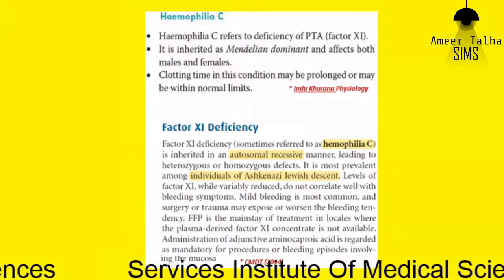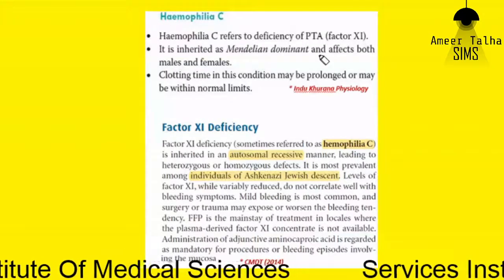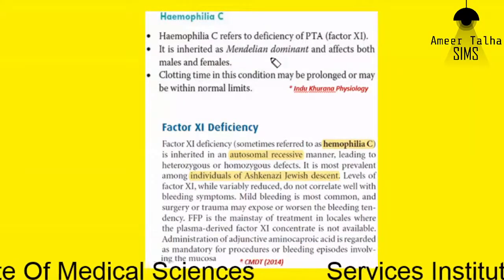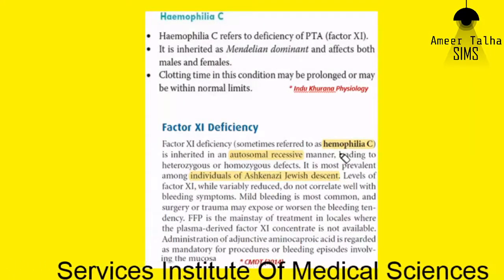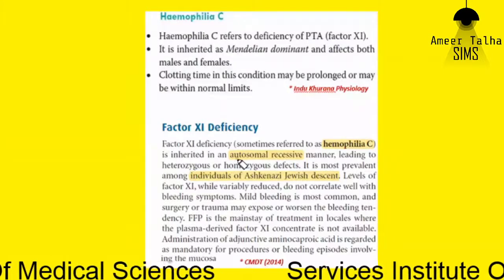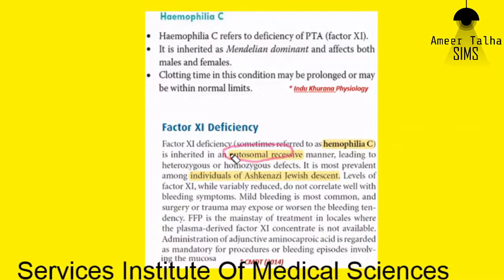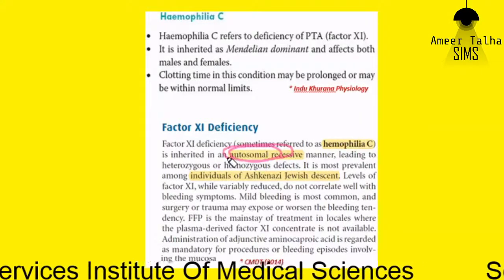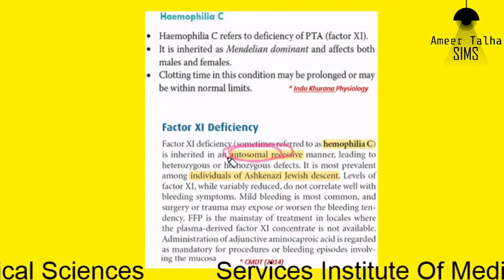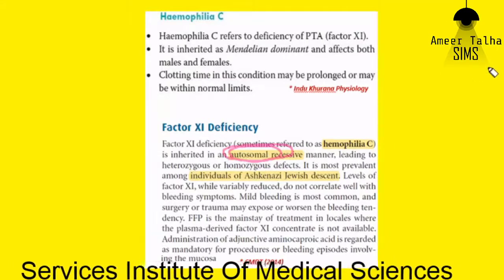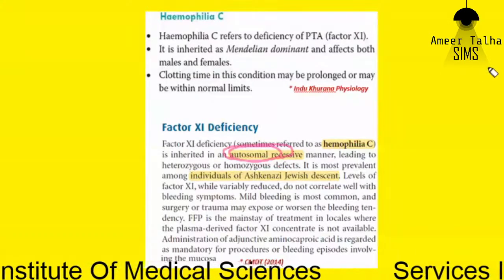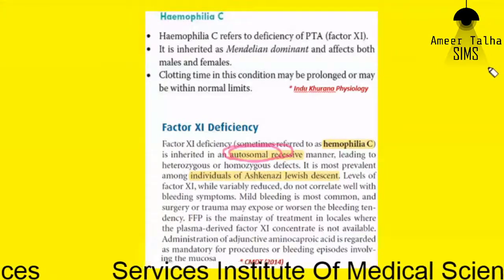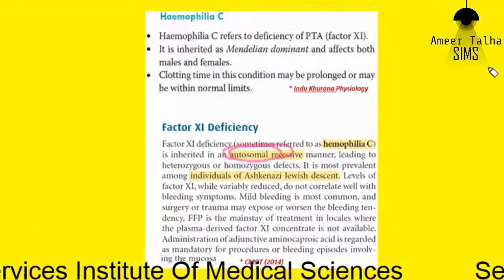So this is the difference between hemophilia C and the other types. Unlike hemophilia A and B, hemophilia C is an autosomal recessive disorder. Hemophilia A and B both are X-linked recessive, since in this scenario the patient had positive family history on his maternal side, maternal uncles were positive for bleeding disorders.